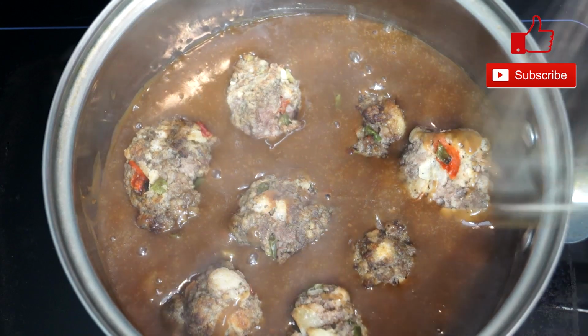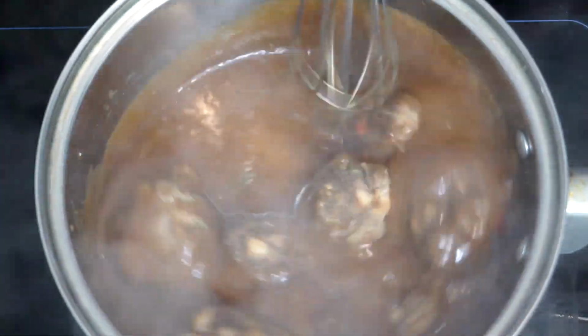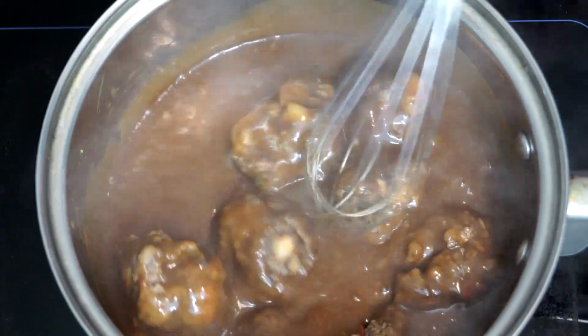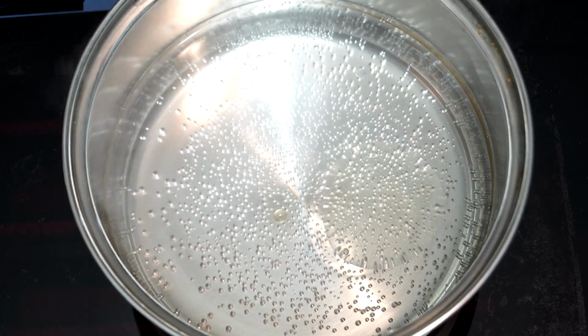And just put in as many as you can in your gravy. Just remember, when you take some of these out, you can always put more in later, because there is plenty of gravy in one of these mixes. Now once we get this done, we're going to set it to the side,